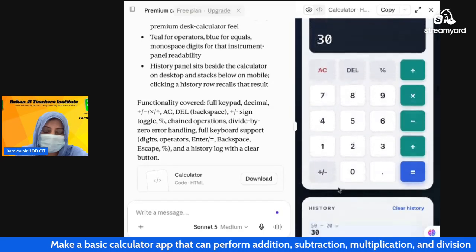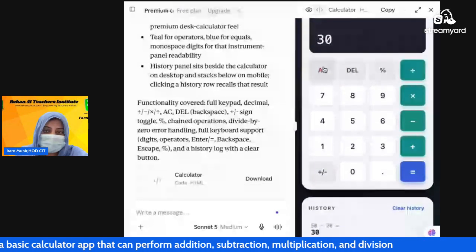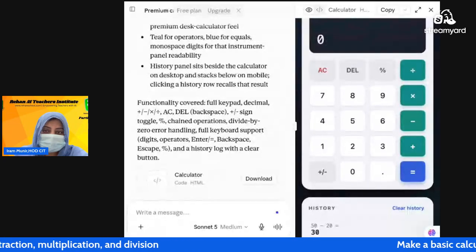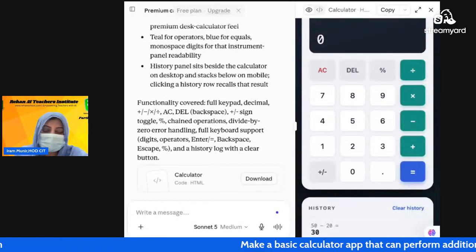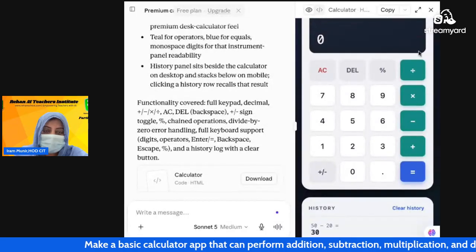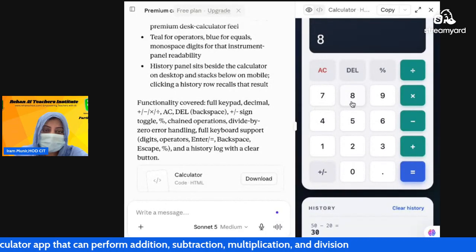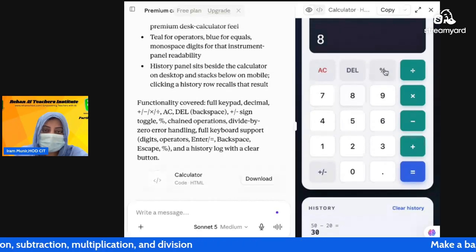Now remove this and we will move to the third function, multiplication. Okay, now I will write 8 and click on the multiply button.